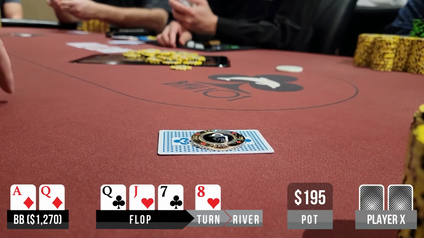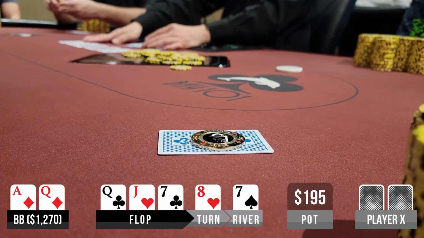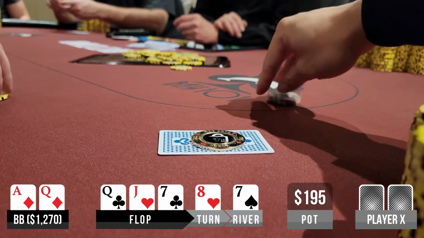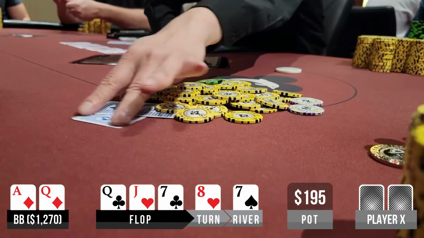Cutoff checks it back, which is a good sign that he doesn't have a super strong hand as we take a river, which comes a board pairing 7. I will lose to trips on occasion, but I can comfortably go for value hoping to cool off a queen, or get a hero call from a jack. I bet 200. I'm unable to garner a call though, but it's nice to win consecutive pots,